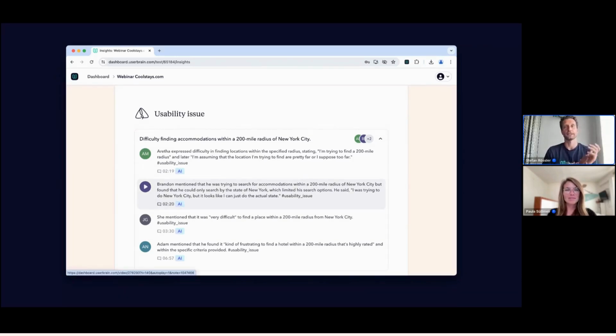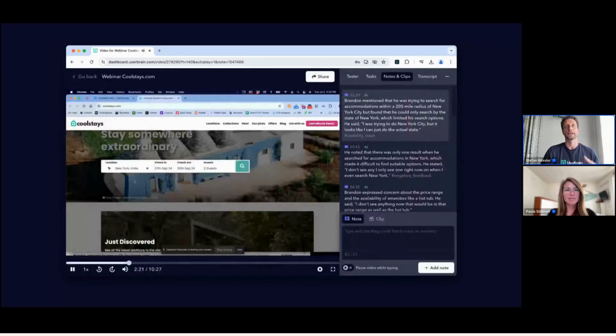Once we hover over it, we can see this play icon and can then click on it. It will open the video in the video view where you have highlighted the note that we just clicked on. So you can see that, and you can see it in the context of the rest of the video. So from there on, you can actually dive into analyzing what is really happening.